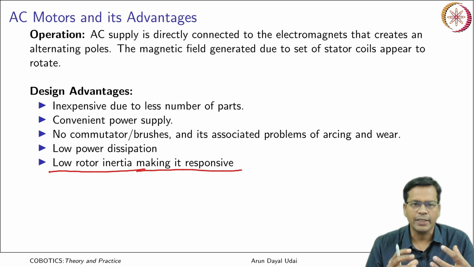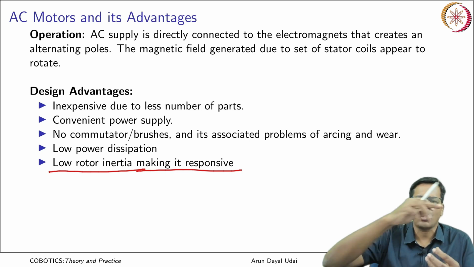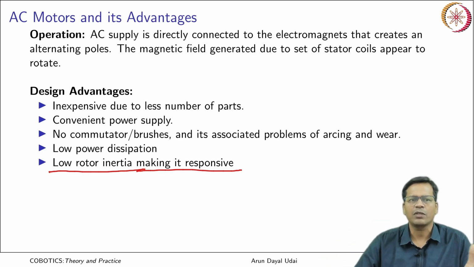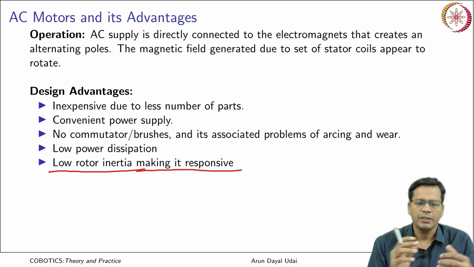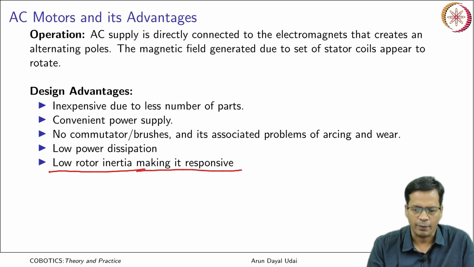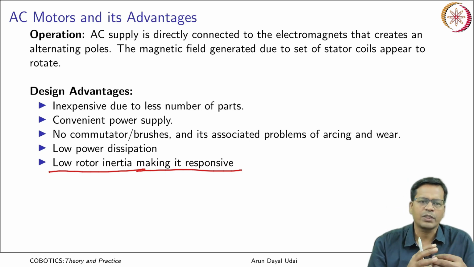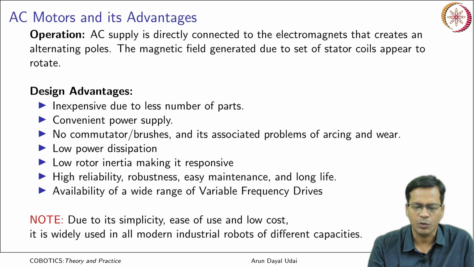So what happens, the rotor has the magnet. The only difference that I see is that the rotor has a magnet that was outside in case of the BLDC motor. Over here the rotor is inside, and that also has a magnet. In both cases you have equivalent three-phase supply which is creating a rotating magnetic field. So PMSM is very much similar to a BLDC motor. The only thing is you have the rotor placed inside here. In case of BLDC it was outside. So the rotor has low inertia, and that makes it responsive, just like the BLDC motor.